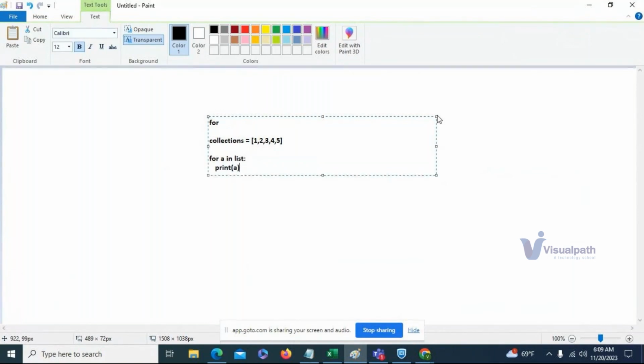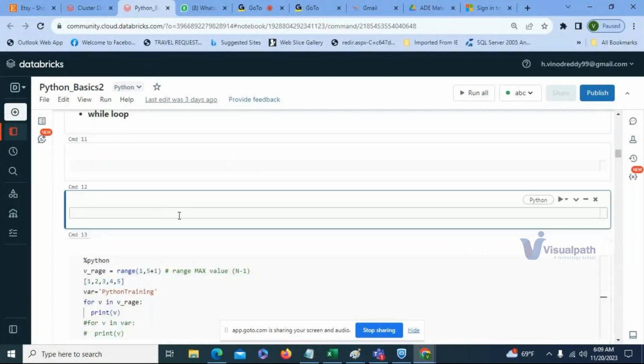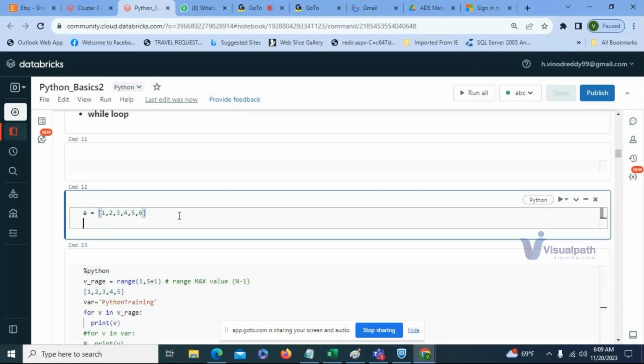So for each item in a collection, if you want to loop through and do whatever you want, we are going to use a for loop. Let's say I have a list. In the list, I have 1, 2, 3, 4, 5, 6. Now, if I want to loop through each value, then you're going to say for